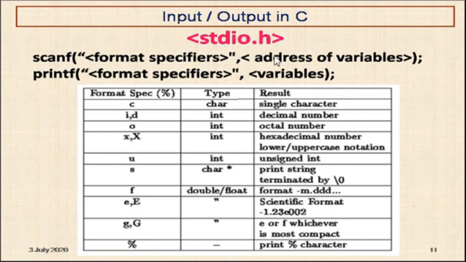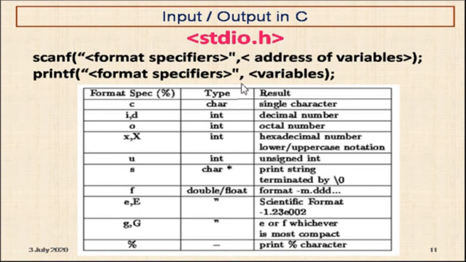And the second argument is the address of variables. Here we have to provide the address of the variable. Okay. So for this, normally we will be using the ampersand symbol. Already we have seen the miscellaneous operators. Ampersand variable will get you the address of the variable. Because when we declare the variables in the C language, for every variable, a unique address would be assigned in the memory. Okay. So to get the memory address of the variable, we can use the symbol ampersand